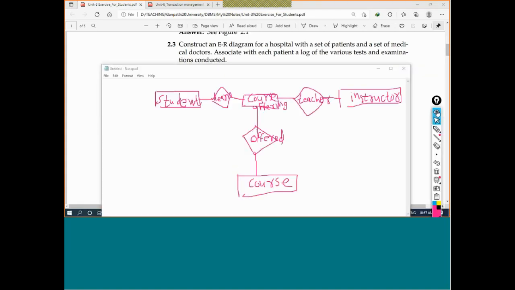Whatever course offering, that I will apply course ID, course number, course prerequisites, course syllabus, okay, course credit, grade. That's all I will apply. Okay, course offering has different attributes, so that I will write here. For student attributes, I will write here. Okay, instructor attributes I will write here, right?